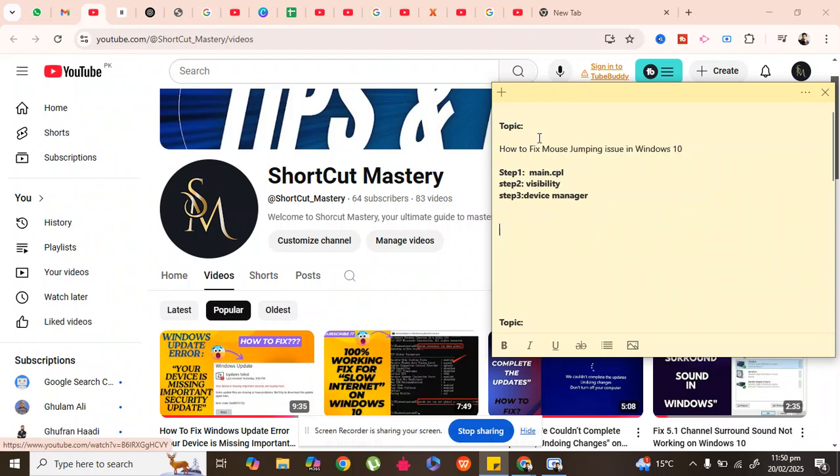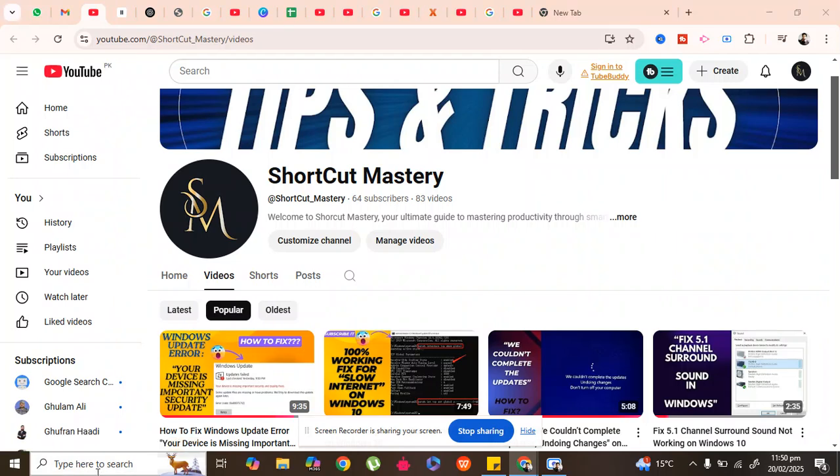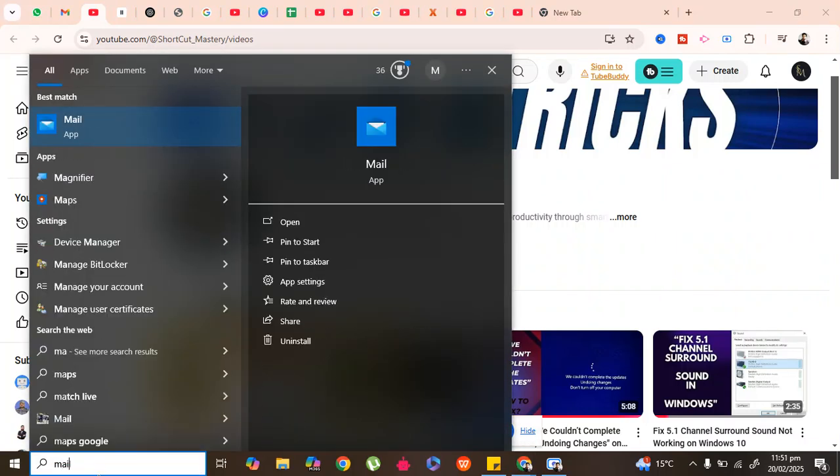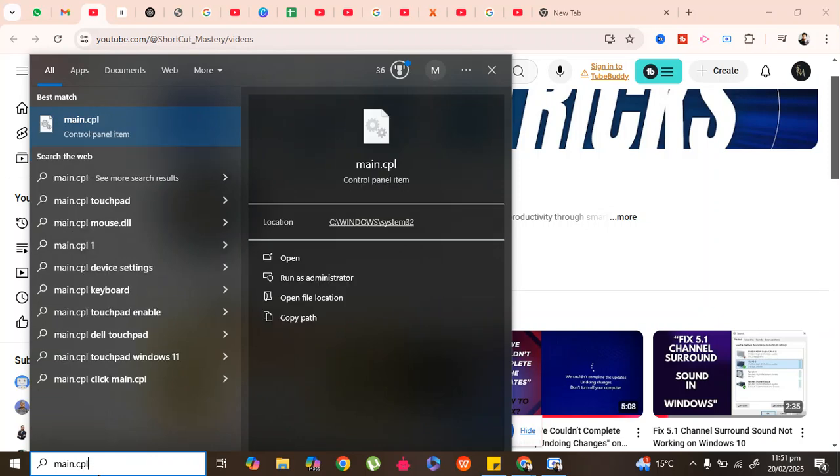So in today's video we will fix this issue of mouse jumping in Windows 10. So let's start. Firstly, go to the search bar and type main.cpl, and then